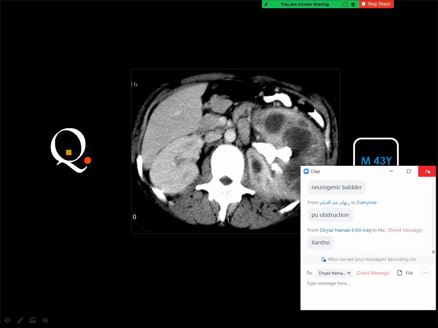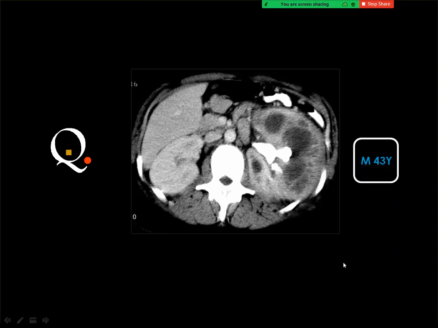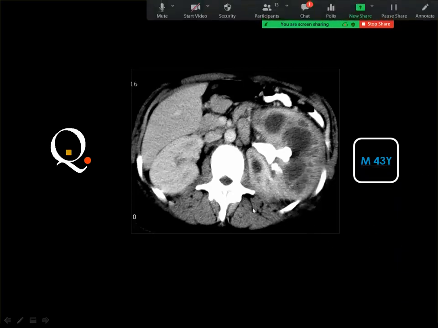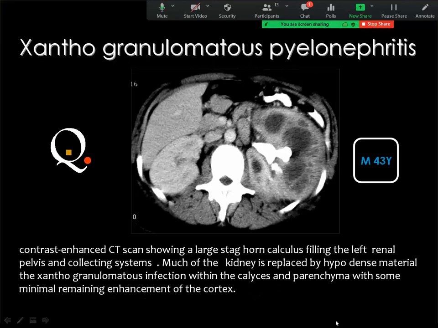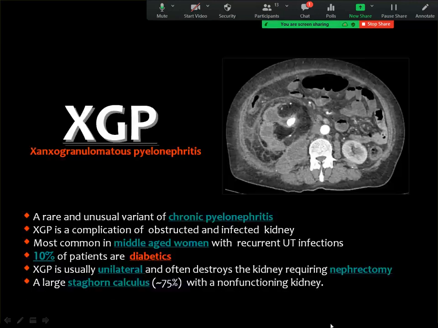Yes, this is an easy case of xanthogranulomatous pyelonephritis because of the enlargement of the kidney, the staghorn stone, and multiple abscesses within the renal parenchyma. This is an easy diagnosis of emphysematous pyelonephritis and xanthogranulomatous pyelonephritis. This is an unusual form of chronic pyelonephritis,